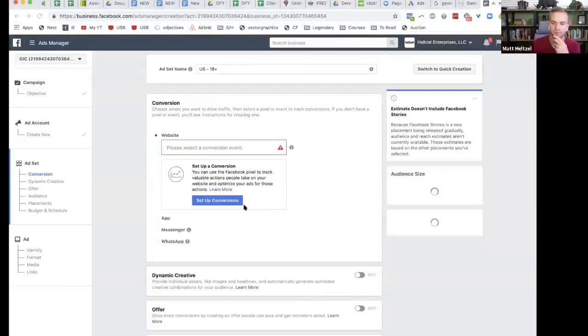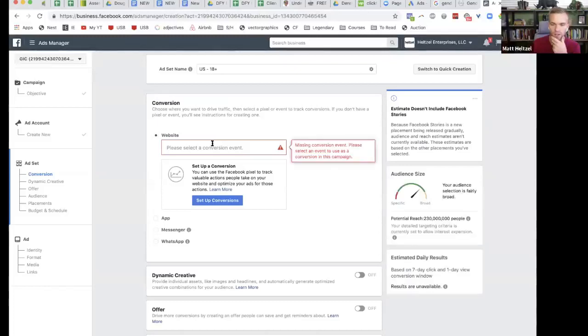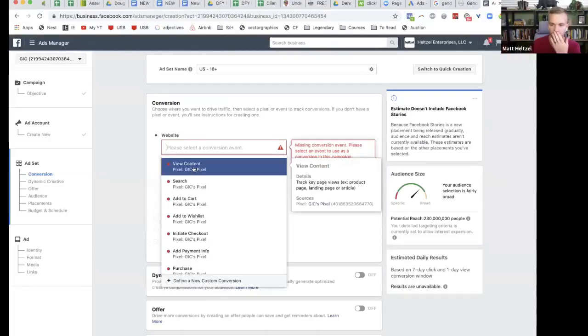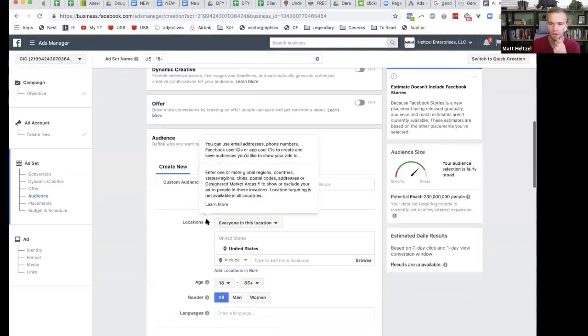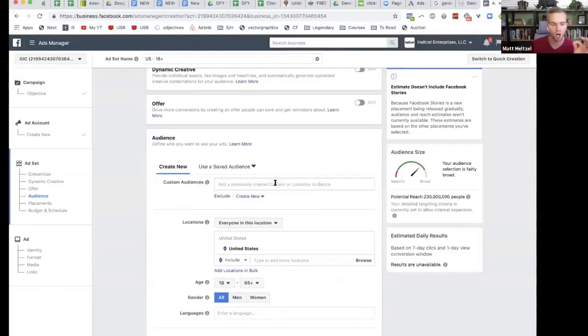The conversion event, right now I'm not going to do this as I typically would because it's going to take too long to set up. I'm just going to do view content. So here's how you only target these people. That's all I'm trying to show you right now.